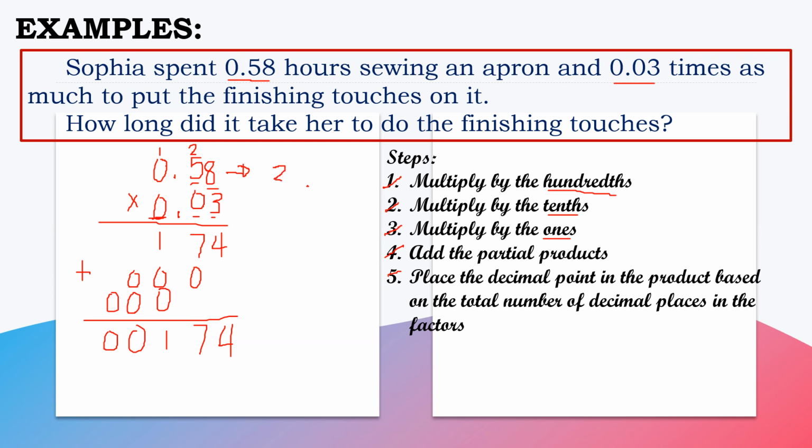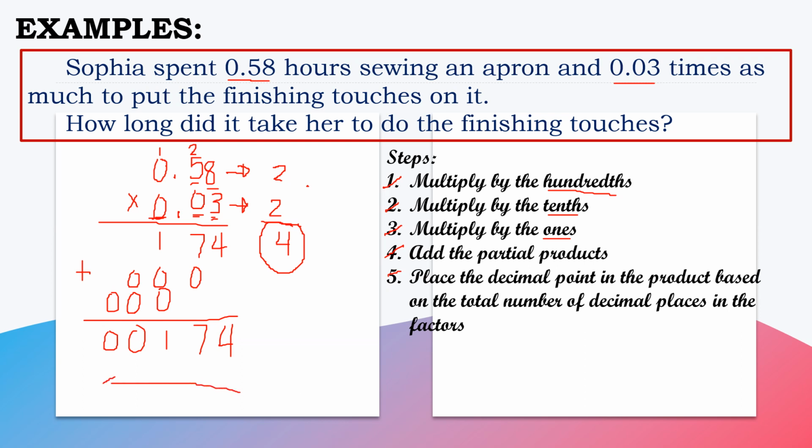What about in my multiplier? How many decimal places do I have? So, I have 1, 2. Meron pa rin akong 2. At itong number of decimal places sa aking multiplicand at sa aking multiplier ay aking i-add or ito-total. So, 2 plus 2 is equal to 4. At dahil 4 ang aking nabilang na decimal places, ibig sabihin, bibilang ako ng 4 decimal places sa aking product